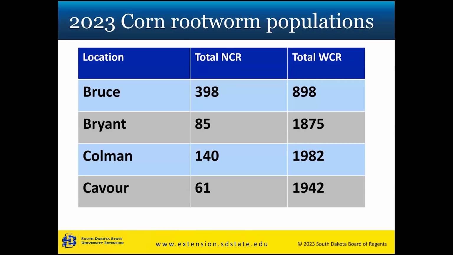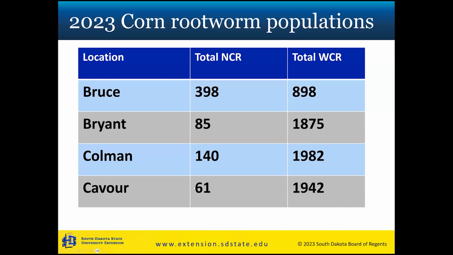Now, this is information from 2023, but I think it really drives home a point. So the longer we have corn on corn occurring within a field, you can kind of see a trend here. Our location near Bruce, South Dakota has not been corn on corn for a very long time. It's been in for a few years. And we see that our northern corn rootworms are about half of what our western corn rootworms were. When we look at our other sites, these have been corn on corn for upwards of 15 to 20